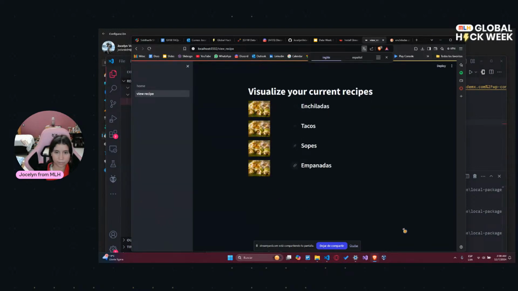Yeah, so this is actually nice. It looks better. It's just enchiladas all the way through. So now I'll create a second page where we will actually be letting the user create new recipes or